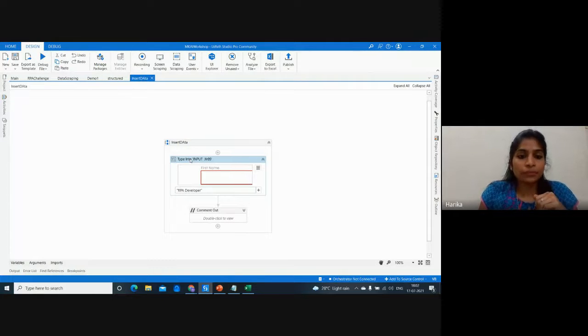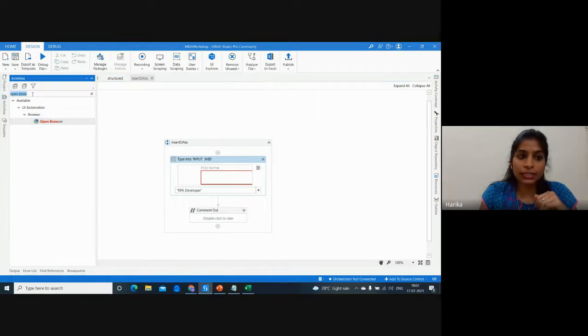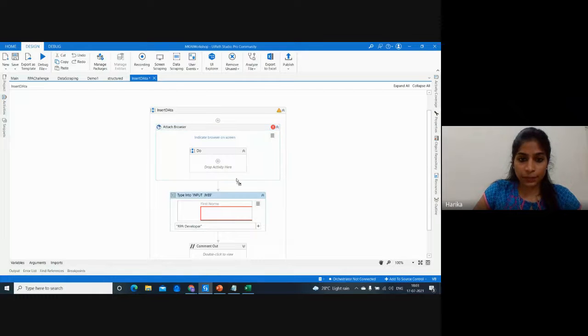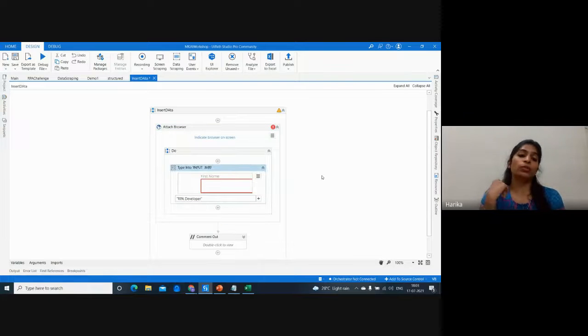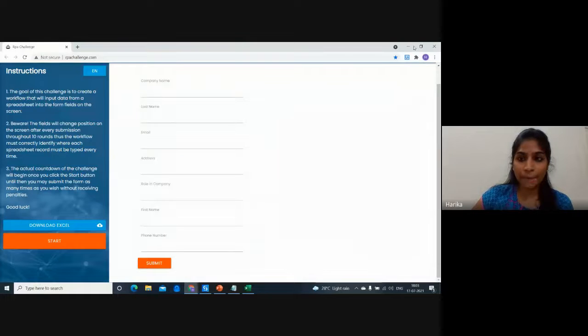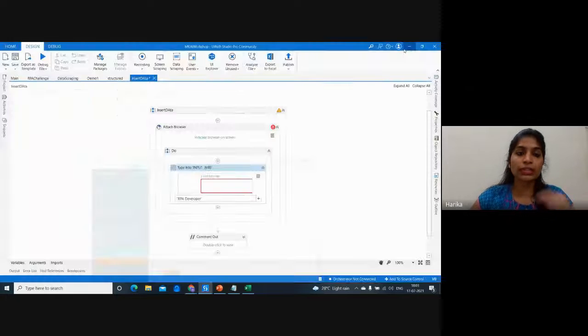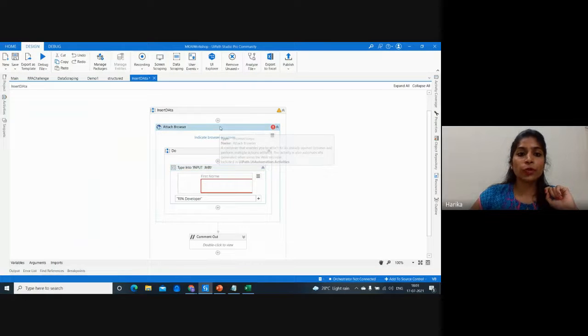If you want to use this type into, you have to make sure that it is either in open browser or attach browser. What is the difference between open browser and attach browser? If you're opening a new browser page, then you have to use open browser. In this case, I have my application open already and I don't want to open a new application. So in that case, I'm going to use the already existing browser.